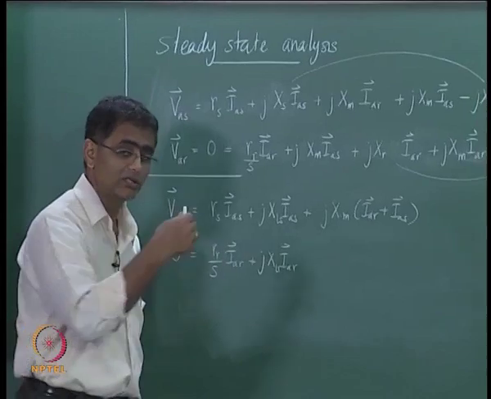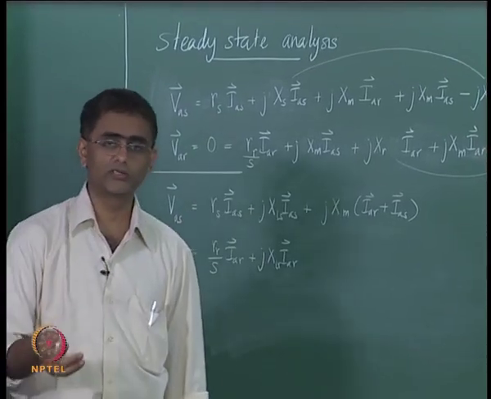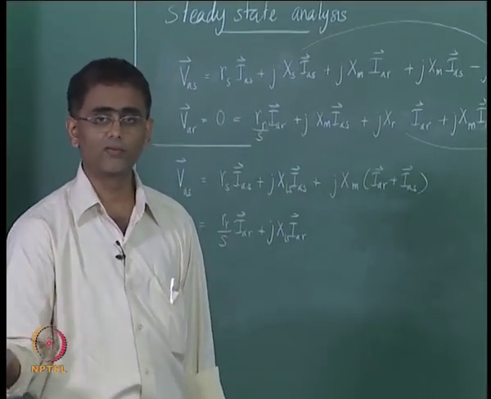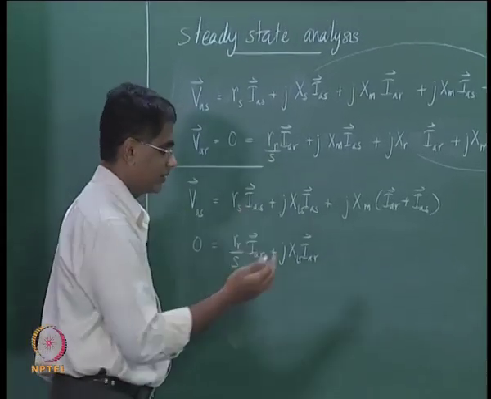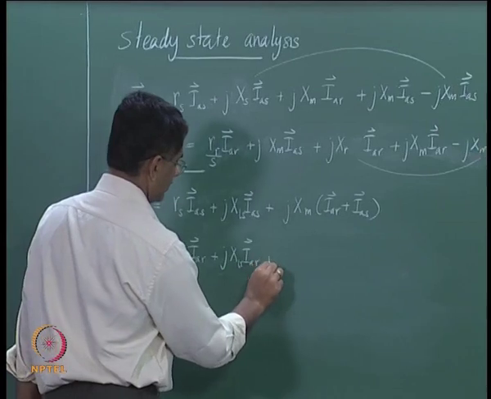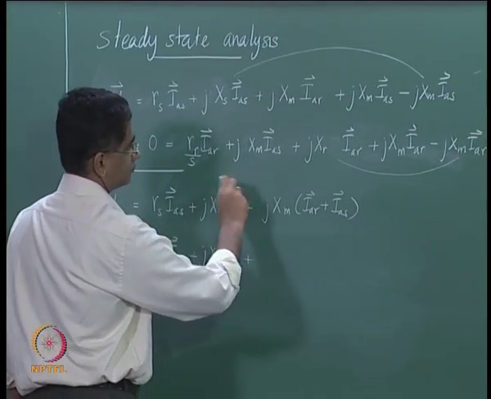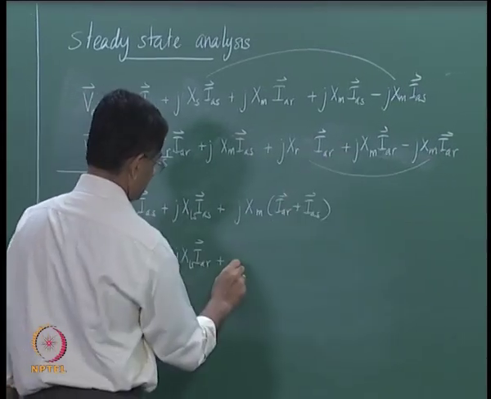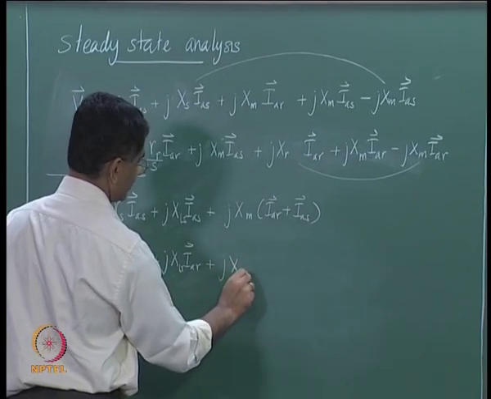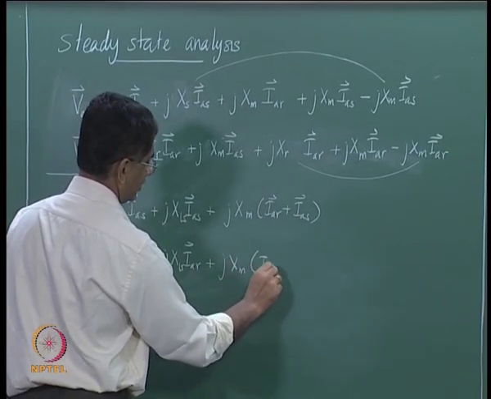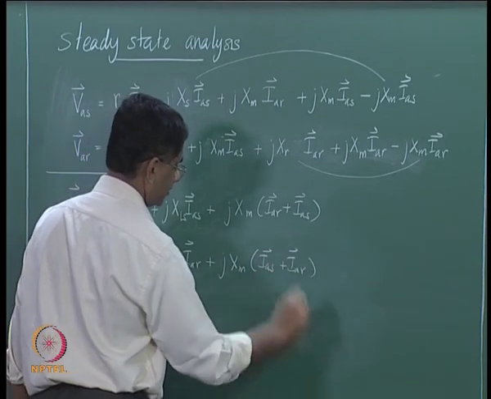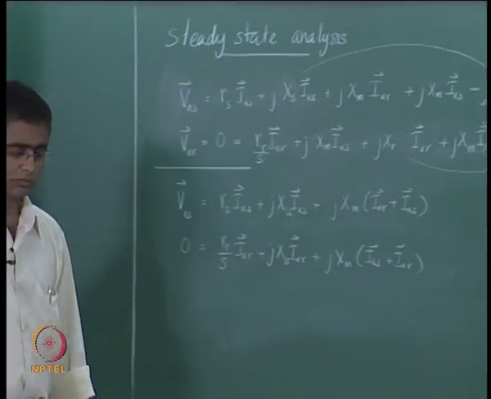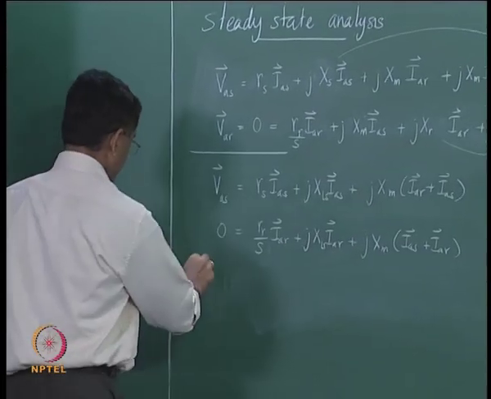RR for example is the rotor resistance referred by number of turns to the stator turns, therefore it is really RR dash in the conventional sense. And then you have these two terms, so that is J times XM into IAS plus IAR. So this is what you get,